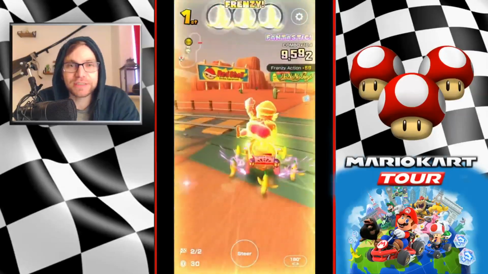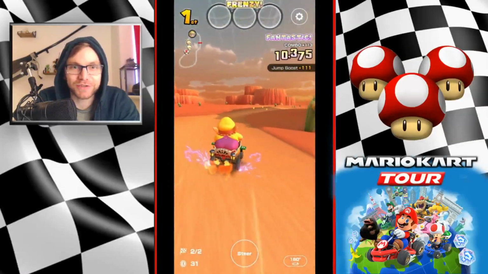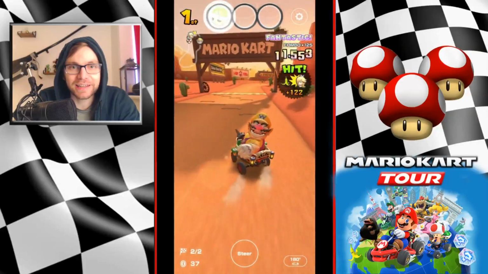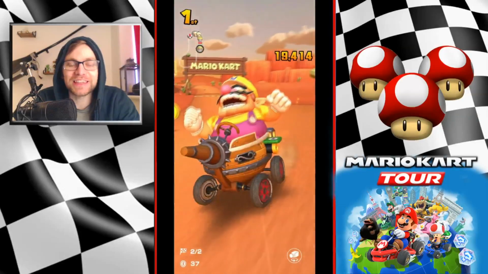Pick up a fair few coins there. We use my item ticket, get a frenzy. We pass through that, so when I finish, I've got another spin just to get me across the line. And a throw shell, don't get the hit. We're finished with